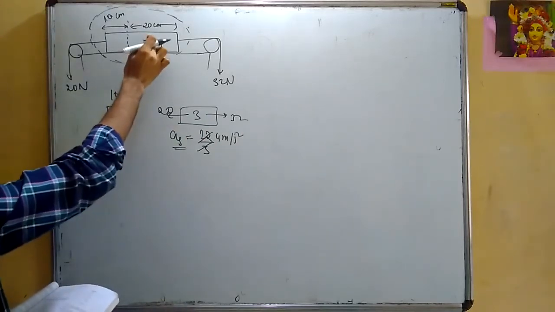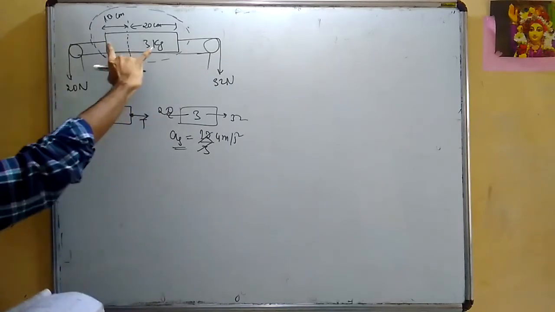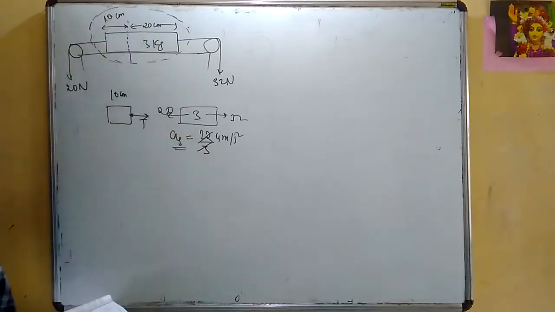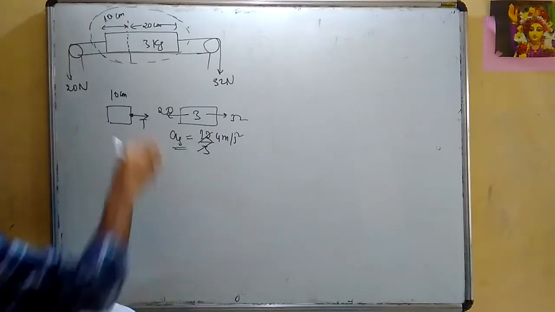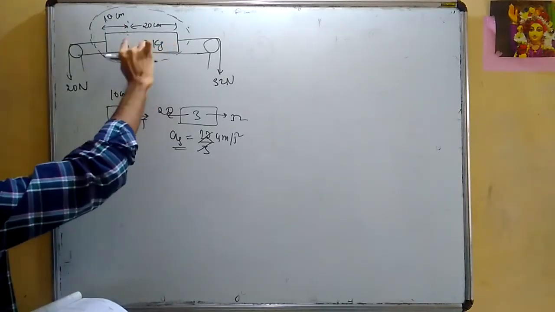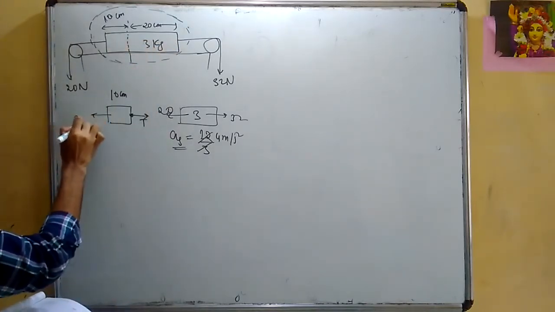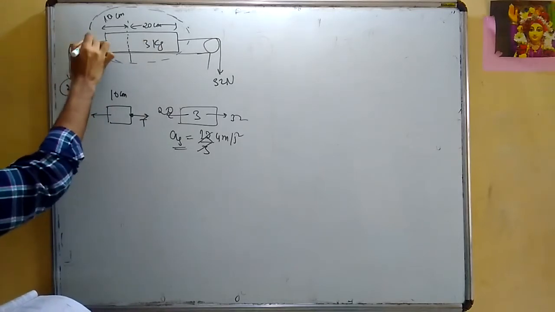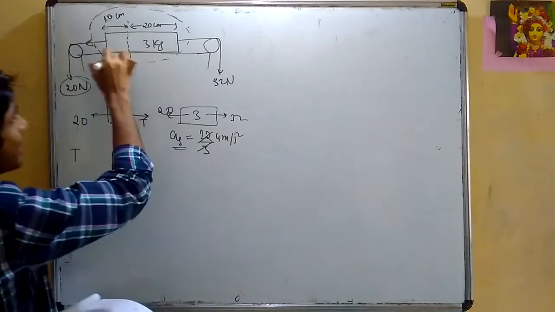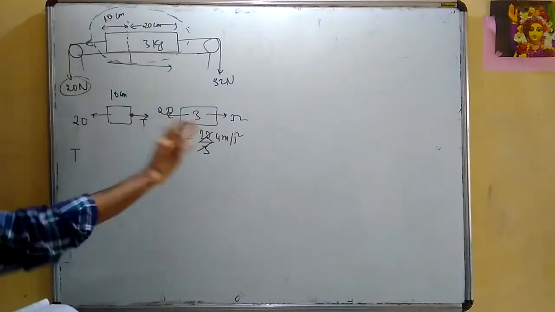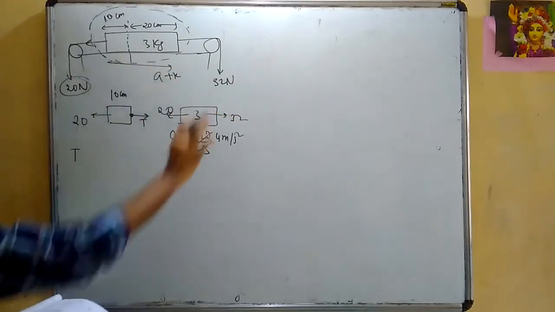Now 20 centimeter, how much force it will apply on 10 centimeter? लेट अस से टेंशन यहाँ पे लगा रहा है, बिकॉज इज अ रॉड के अंदर में टेंशन रहता है, मैंने कहा था 2 cases you have to take tension into account, one is string and one is rod. So this 20 centimeter part will apply a force in this direction, say for example T, and what is the backward force? 20 Newton, ये वाला है ना, this is 20 Newton which will act here. What is the acceleration? I know, and this will move in this direction, so forces in this direction will be considered positive. This is the acceleration is in this direction, right?